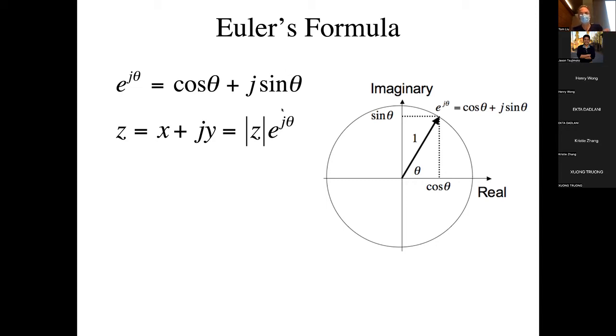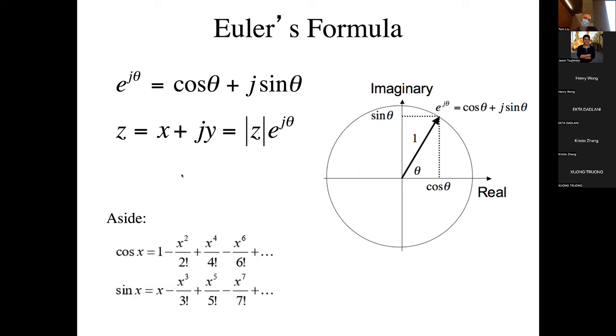But the cool thing is that this very compact notation here, e to the j theta, gives you a unit vector in the complex plane with angle theta, right? And we call that basically a phasor. The only thing that it's telling you with the theta value is where that phase is. Another interesting thing about this equation, if you're trying to figure out why these things are related, is